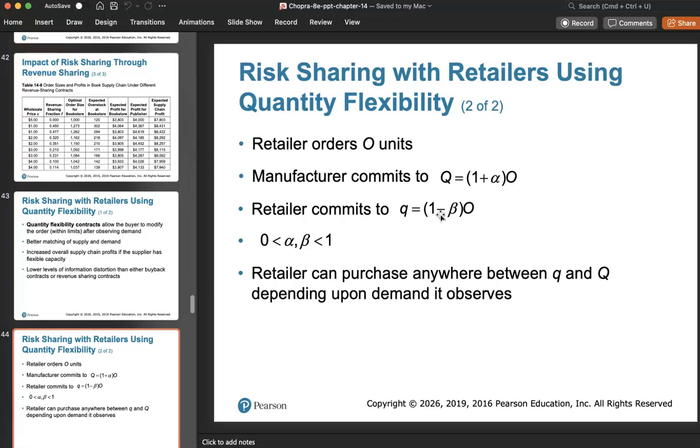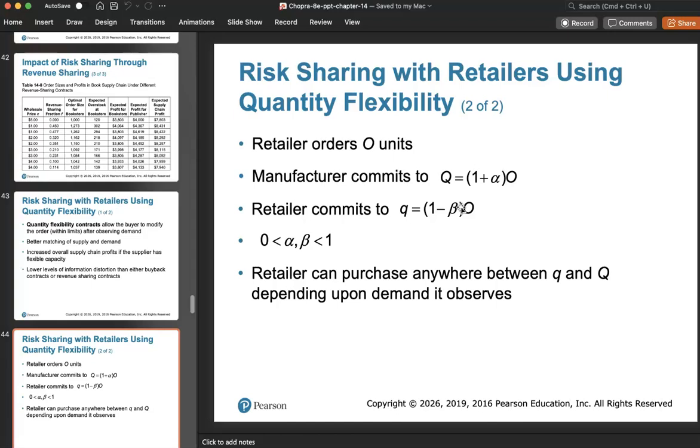The manufacturer says fine, as long as the final order that you place is between, say, if alpha is 5% and beta is also 5%, this comes out to 1,050 items and 950 items. So essentially the supplier is saying that as long as the final order quantity is between 950 and 1,050, they